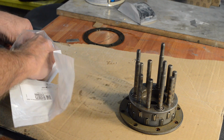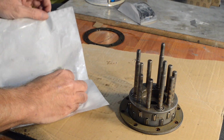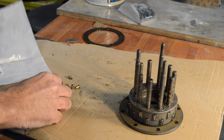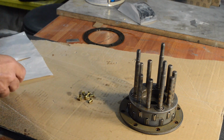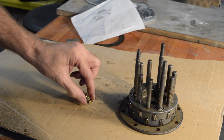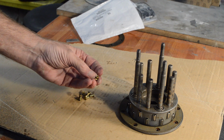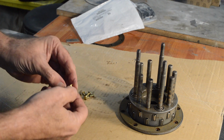They are brass rivets, like the ones that were broken. Is that them all? 1, 2, 3, 4, 5, 6, 7, 8, yep. And they are semi-hollow, so they're hollow down to about there. The only thing I'm slightly nervous about